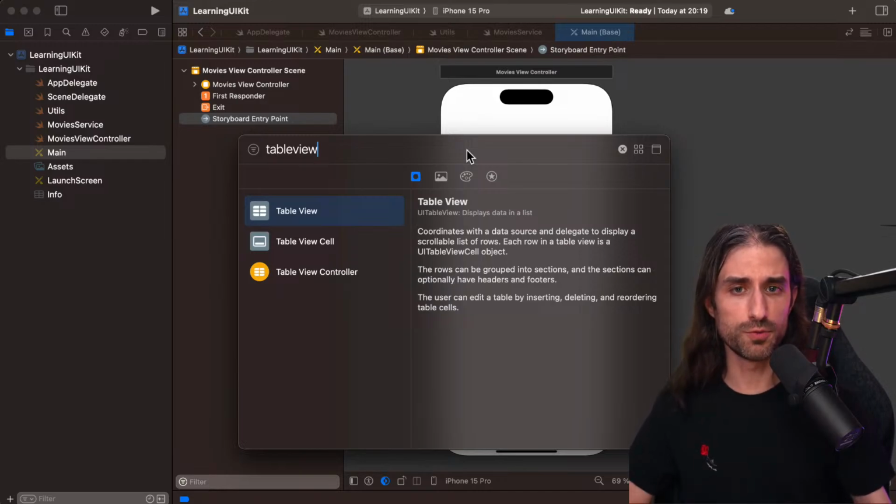A collection view is much more powerful, but to learn how a generic UIKit component works, table view is better, I would say, because it's much simpler, and so we can focus more on how the communication between the different objects works. That's why I'm using a table view, but fair warning, in a modern UIKit app, I would recommend using a UICollectionView instead of a UITableView.